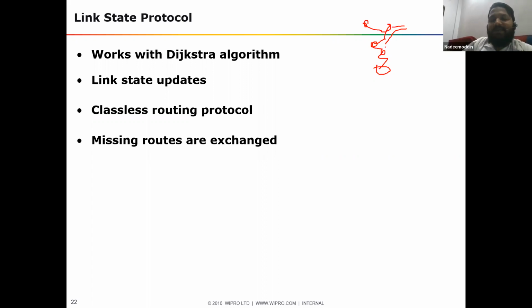Missing routes are exchanged. Instead of giving the entire information again and again, let's say periodic updates are happening. Say this is Ubaid and this is Shahid. Every 30 seconds, Ubaid introduces himself to Shahid: "Hey, my name is Ubaid, I'm staying in Ahmed Colony." Shahid says, "Hi, my name is Shahid, I'm PSF admin." Again, Ubaid says, "My name is Ubaid, I'm staying..." So it's the same information again and again. Both will get bored, right? This is what happens in the distance vector protocol.